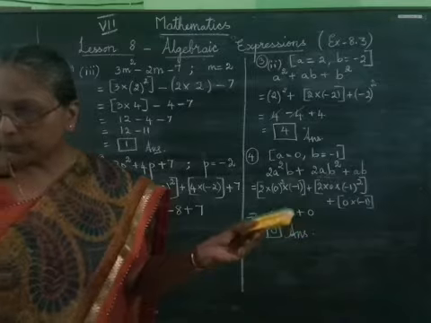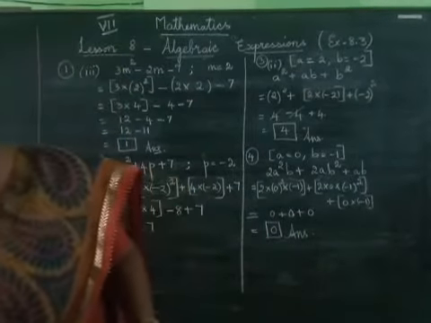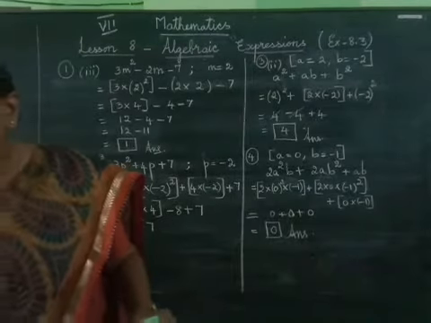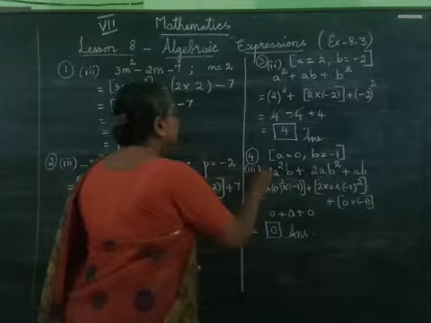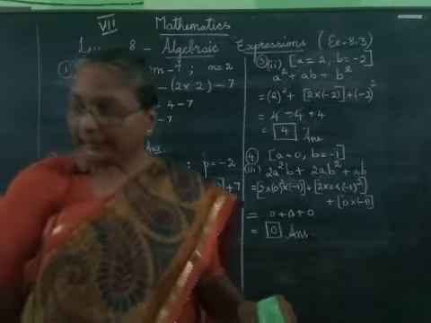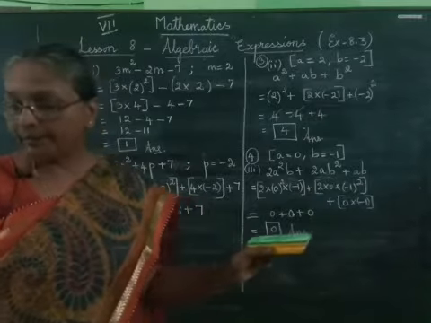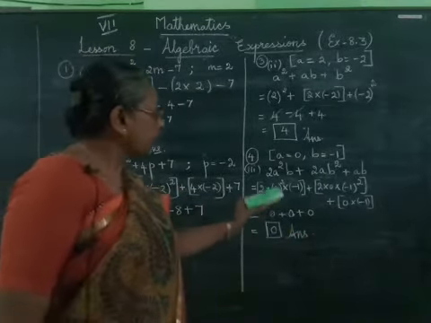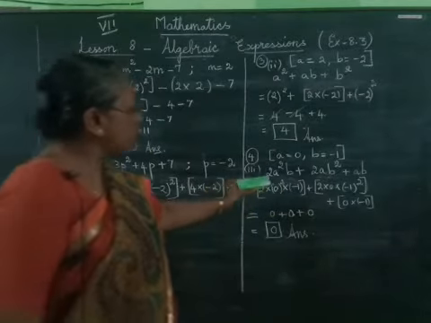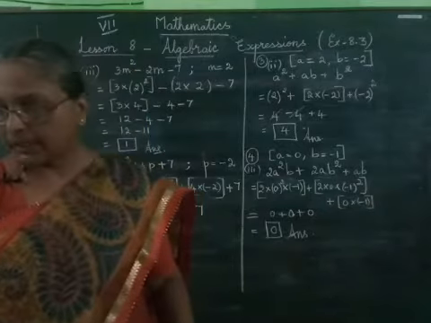Let me read out the sum for you. There I will do the third subdivision. It is the third subdivision of fourth sum. When A is equal to 0, B is equal to minus 1, find the value of the given expressions. So for this one, I have taken 2A squared B plus 2AB square plus AB.